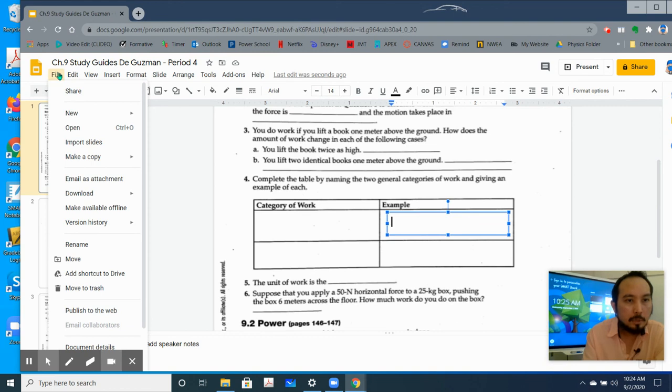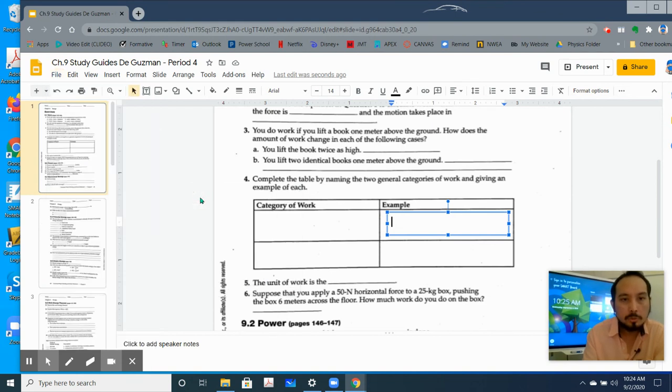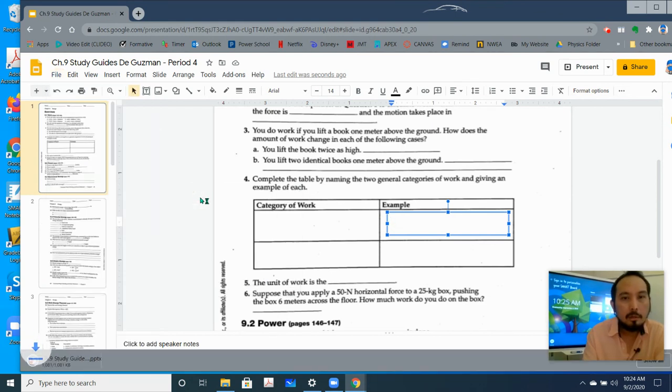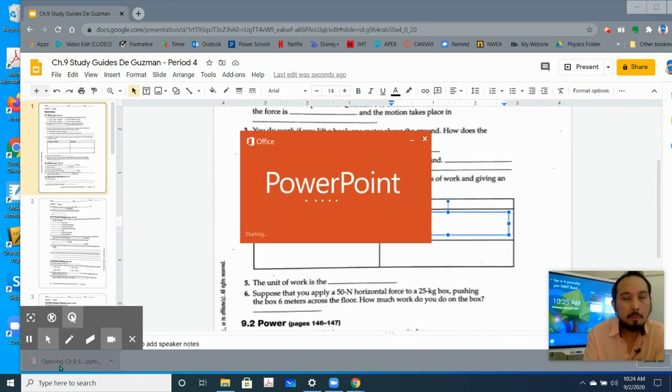Then the last thing you're going to do is click on File. Make sure you have downloaded the file, okay? Download it as a Microsoft PowerPoint, okay? So you can download it as a Microsoft PowerPoint or you can download it as a PDF. So you can choose between the two. So if I click on download PowerPoint, and then if I click on my PowerPoint,